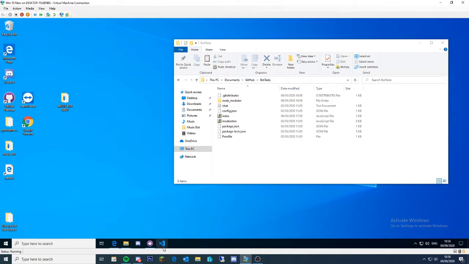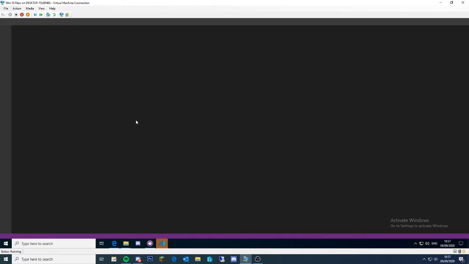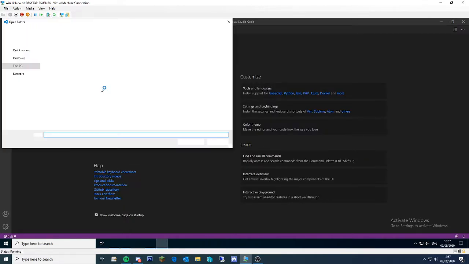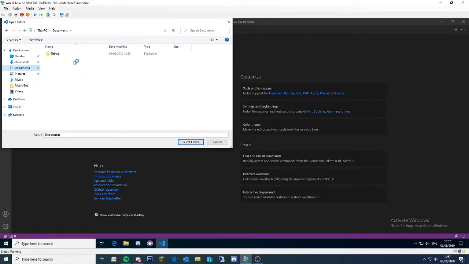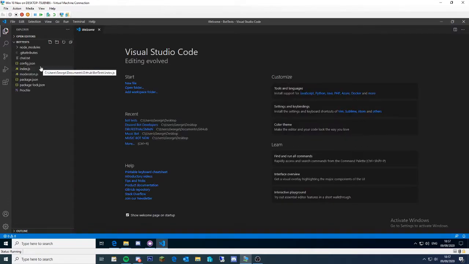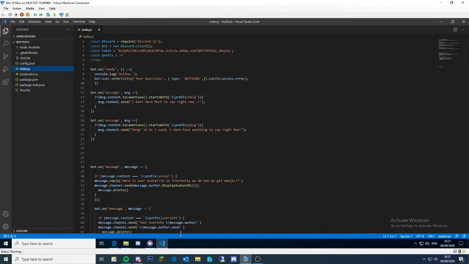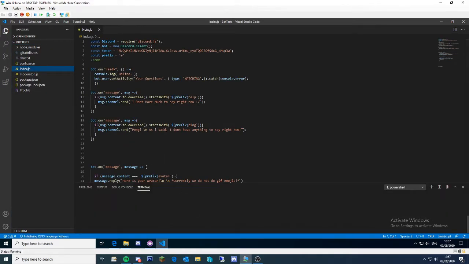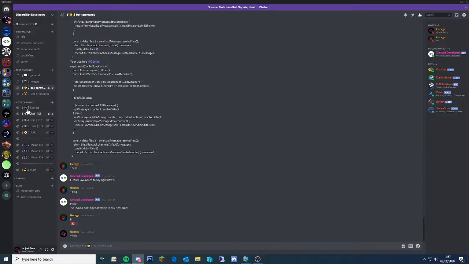So now let's open up Visual Studio Code and let's open where this folder is located. Documents, GitHub, bot tests, that one, select folder. Alright, so we've now got the location of where it's set up. So let's now host the bot online. Let's just run node dot, and the bot will be online. If we have a look, it is online. If I type plus help,